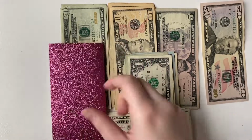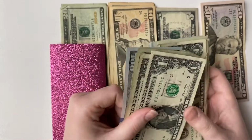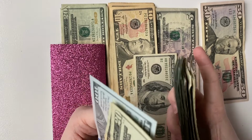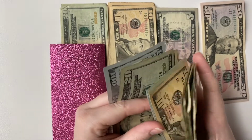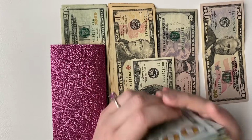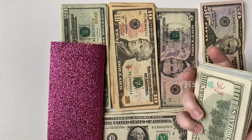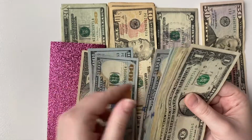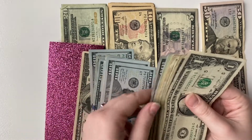And to be honest with you, I think I have more cash in this envelope than I do in, I have a spreadsheet that keeps track of where I think all my envelopes are at, especially these sinking fund ones, and I don't think it's accurate. So I definitely will need to do some counting here today and make a note so that I can update my log accordingly. All right, 100, 200, 300, 400, 500, 600, 700, 800, 900,